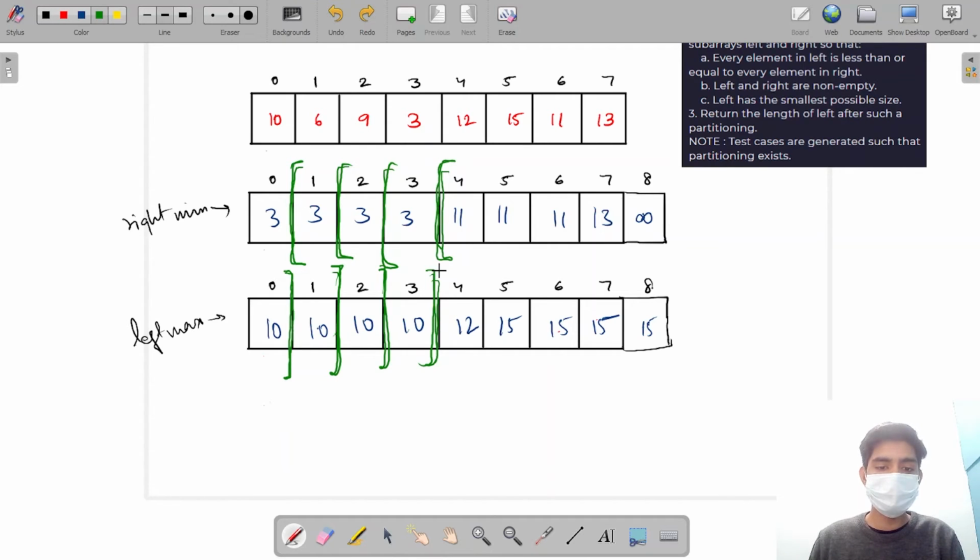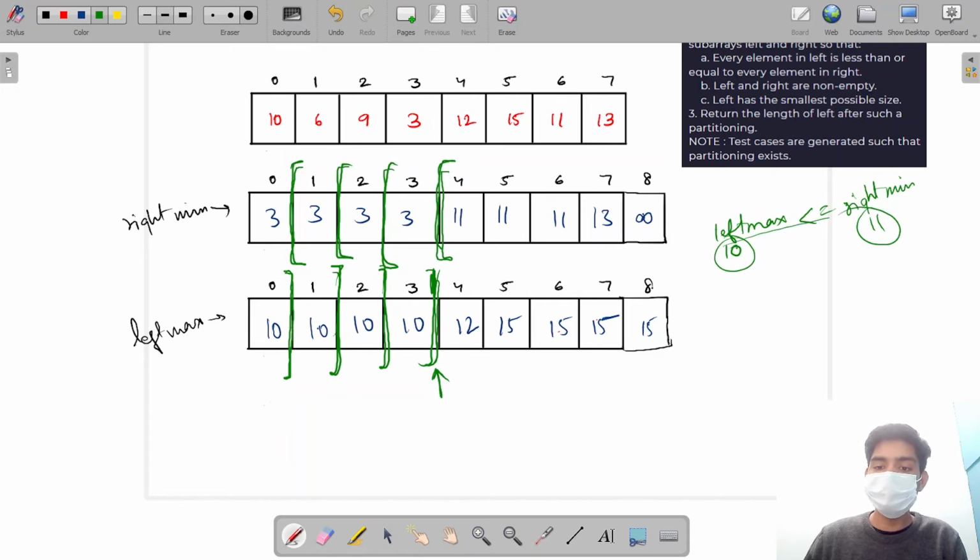So this means that at this point all the elements on the left hand side have a maximum of 10 and all the elements on the right hand side have a minimum of 10, right? So if at this point the left max is less than or equal to the right minimum, which is 11,